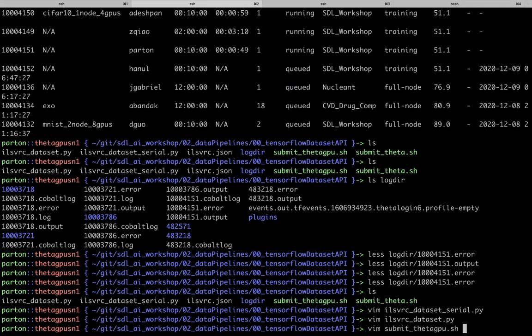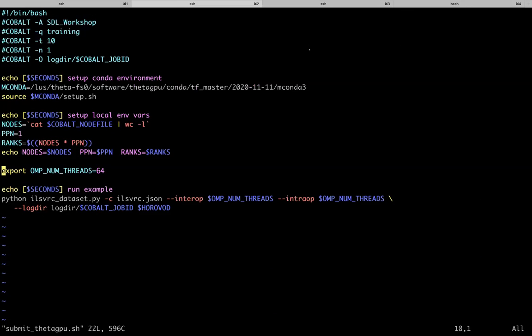So you can see in my submit script, I set the number of OpenMP threads to 64, and I pass those as the settings for the interopt and intraopt. And you can play with these a little bit, and depending on your workflow and what you're doing for your data pipeline, it's useful to change these to different numbers, have a go on a node and see how your performance, your training throughput